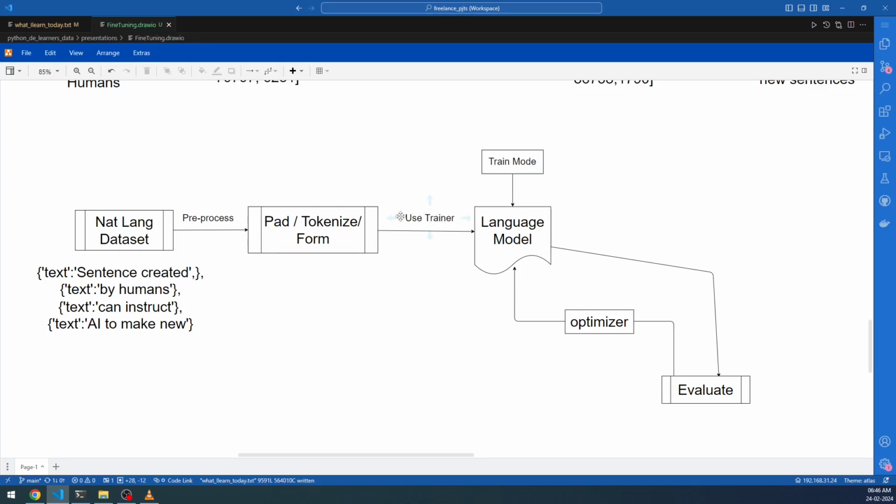In case of transformers, there is something called a trainer, where you feed the trainer with the processed dataset, train and test dataset, and you feed the language model, and you actually have to enable the train mode. I'll be explaining how that is done, and then you will have to give an optimizer also. This optimizer is the